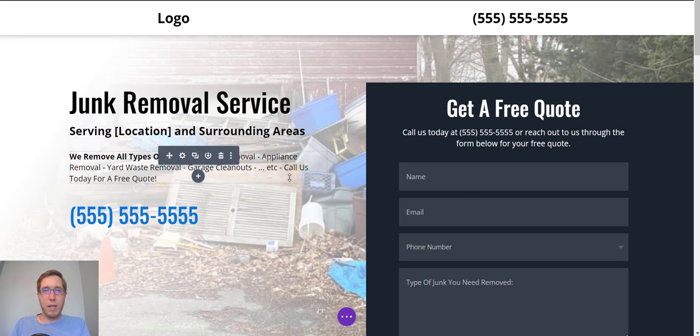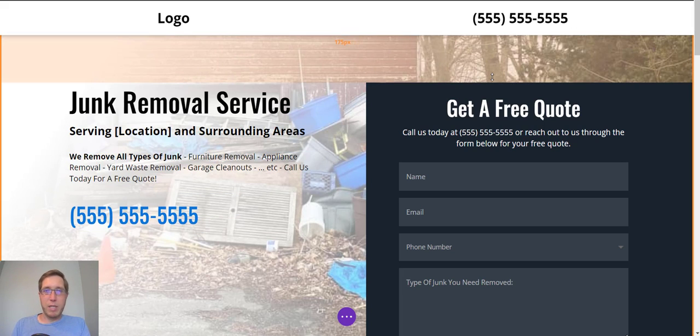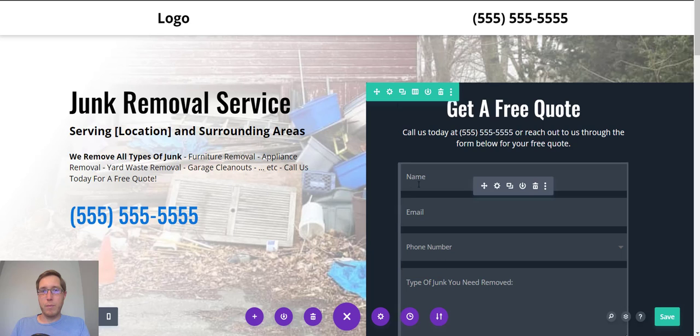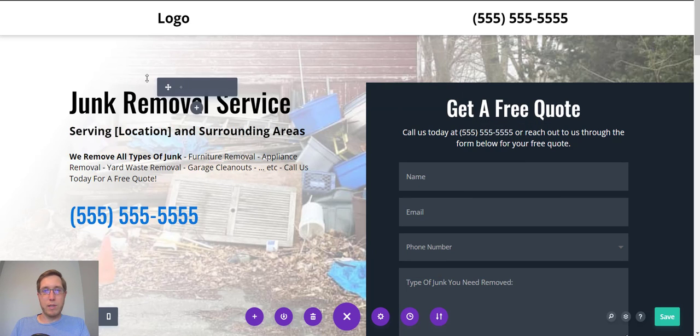This is what the landing page looks like. It is nothing to write home about from a design perspective, and that's something we're going to talk about later. And I'm actually in the back end of the Divi theme, so you're going to see all this kind of stuff popping up. But first thing you're going to see here, right when somebody hits the page,